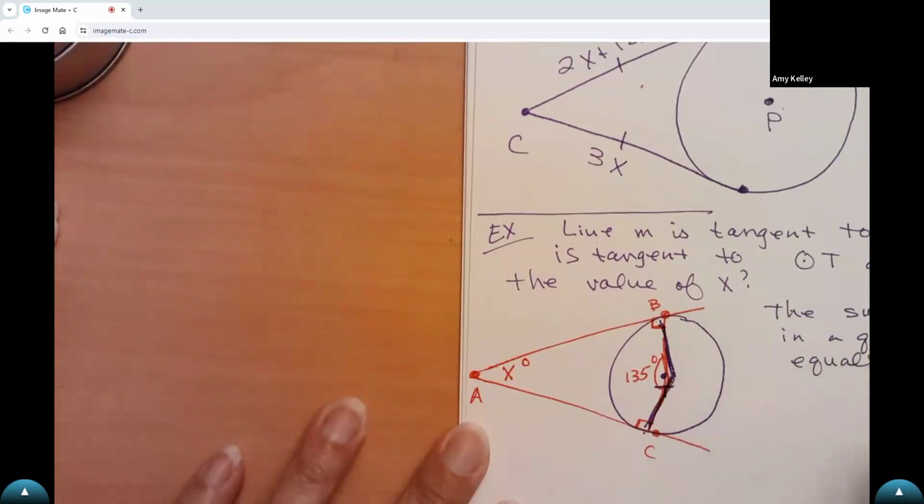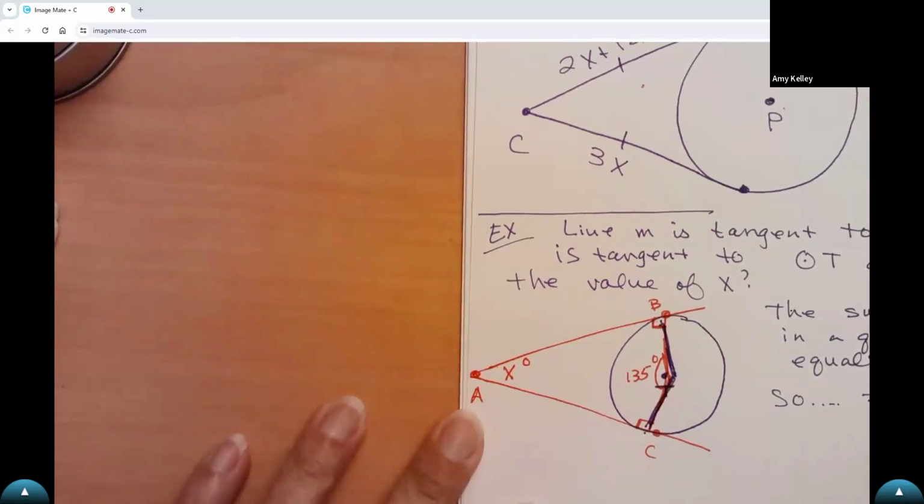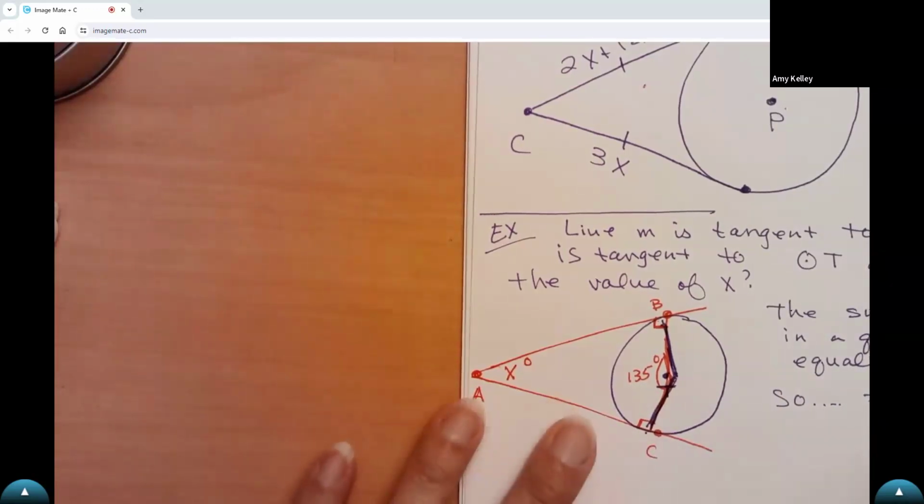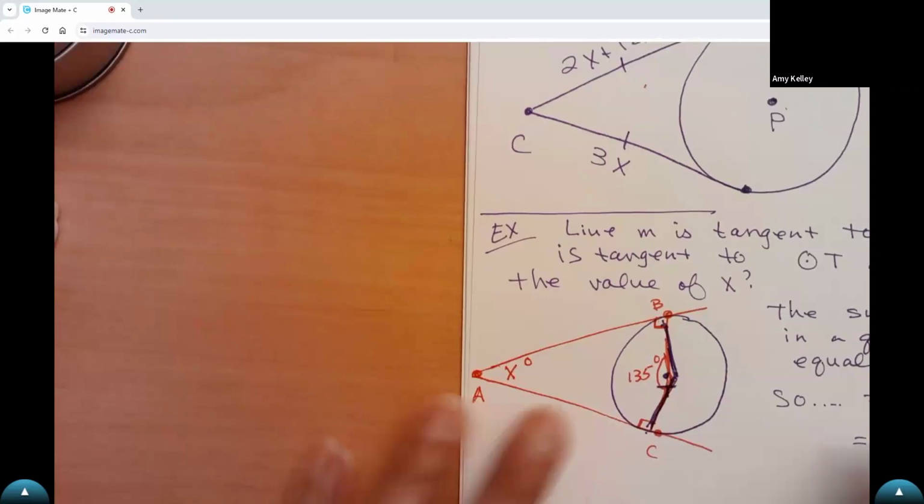So that equals 360 degrees. So that means 360 minus 135 minus the two 90-degree angles, right? We just worked that all out. And then that would equal 180 minus 135. So angle X